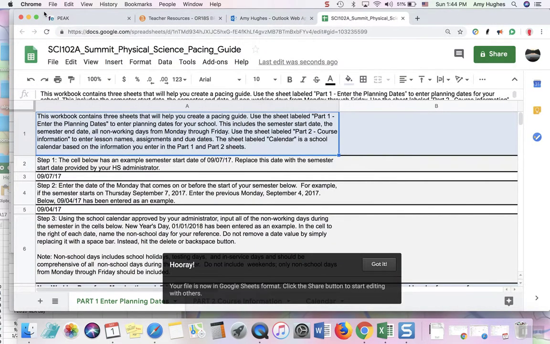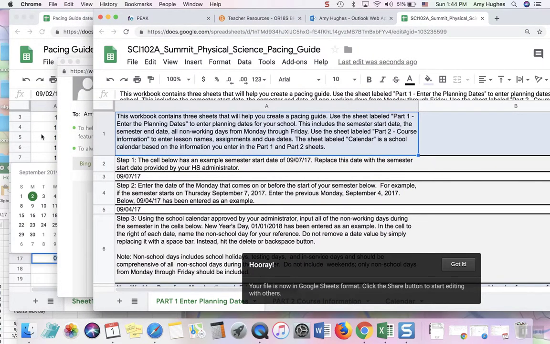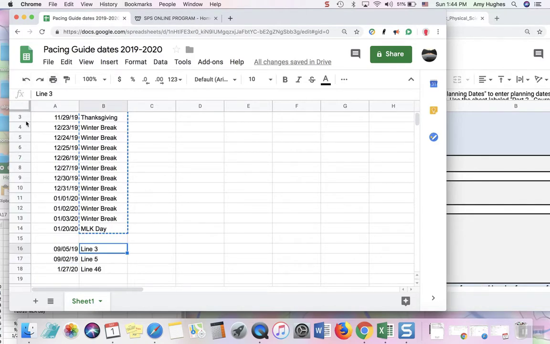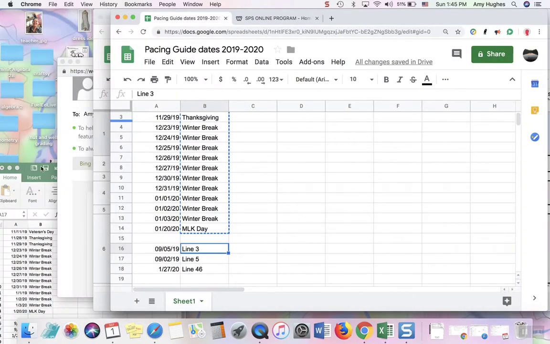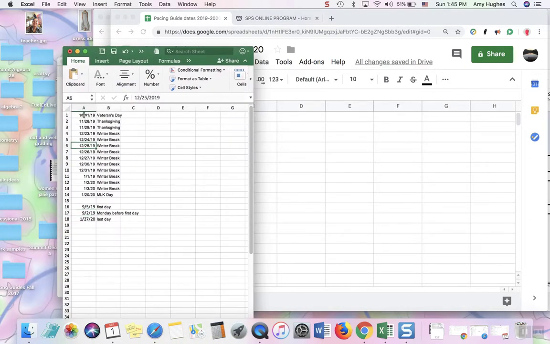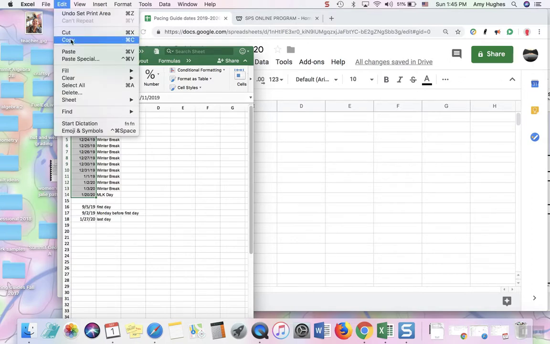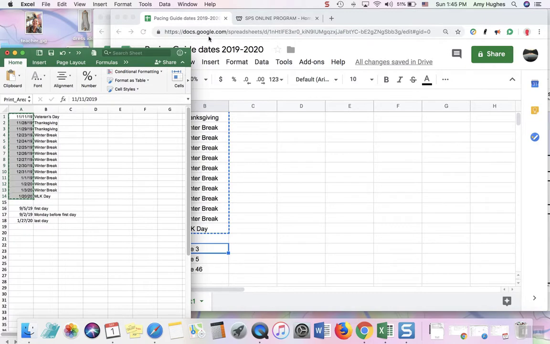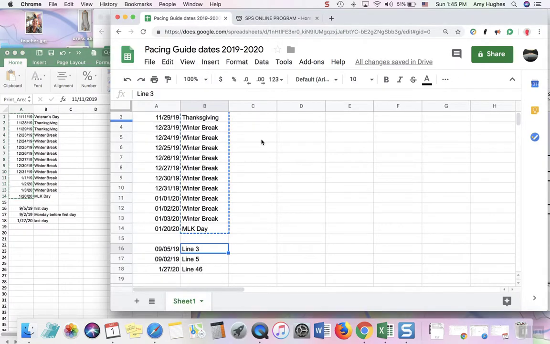Then you just have to fill in these dates. And what I did was I created a Google Doc with those dates, or you can do that or an Excel. It doesn't matter either way. So if you were to use this, you just do, and you do have to use, instead of using your Command C, at least on this side of it,